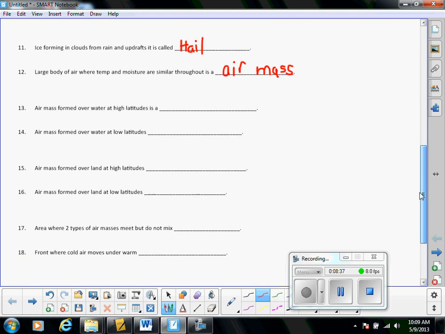Now, where they're formed describes the air mass. So if you have an air mass that's formed over water, like an ocean, at a high latitude, because high latitudes are cold, and oceans have a lot of moisture in the air over them, we call this one marine, for the water,